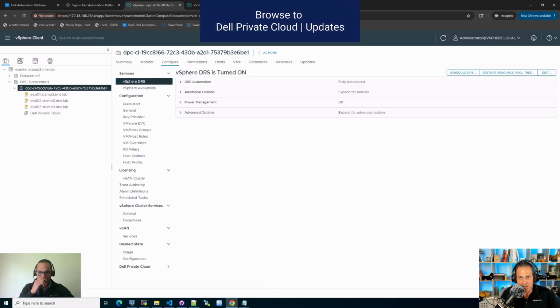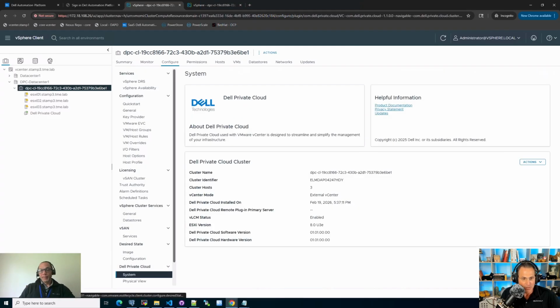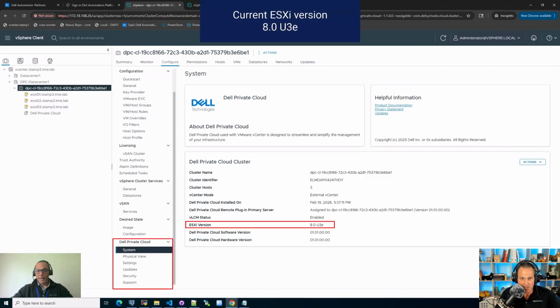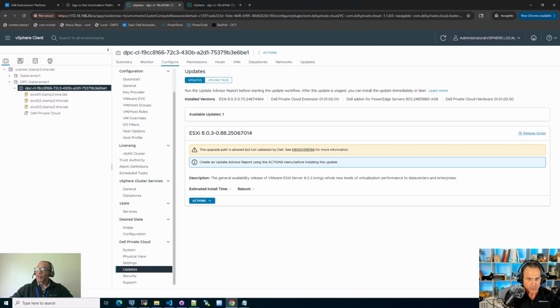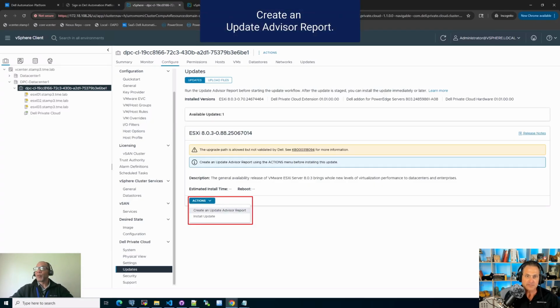So first, we see that we can browse right to updates here. We see the ESXi version was 8.0 U3e, and we're going to update that. So tell me about what we're doing here. So first off, we're looking at what the installed versions are on the cluster. You see those versions, and basically what it told you is that you had an option to upgrade ESXi. When you look at that option to upgrade ESXi, if you were to continue down that path, you notice that